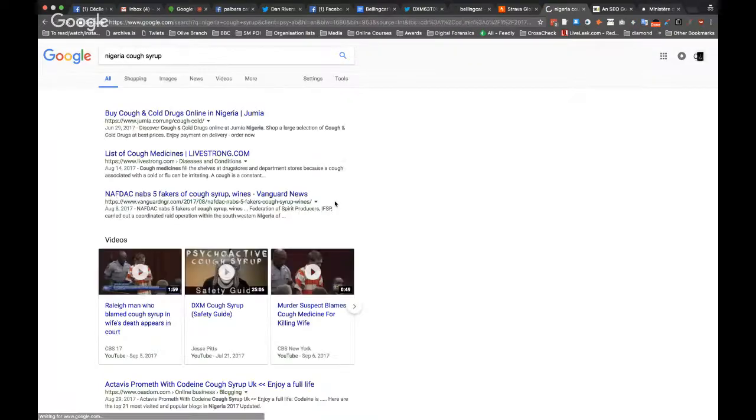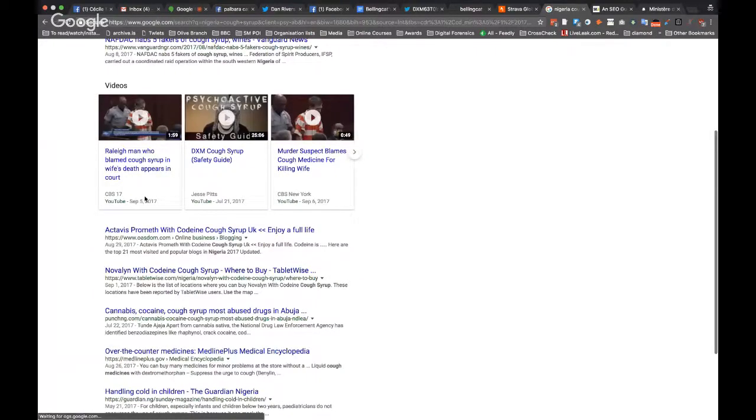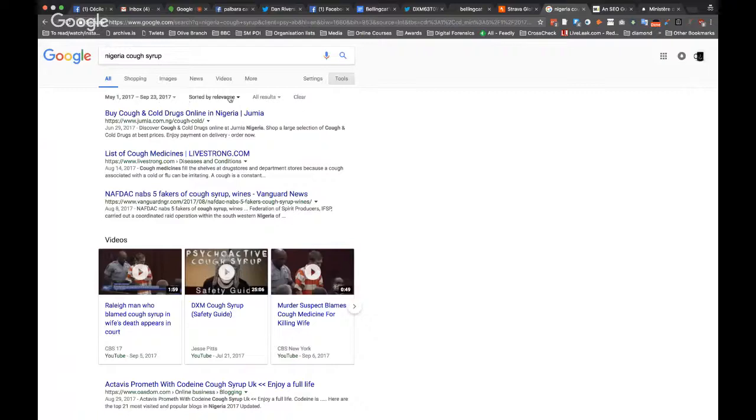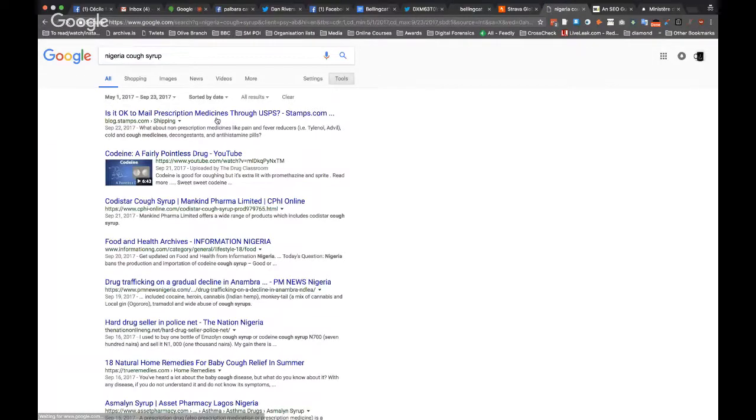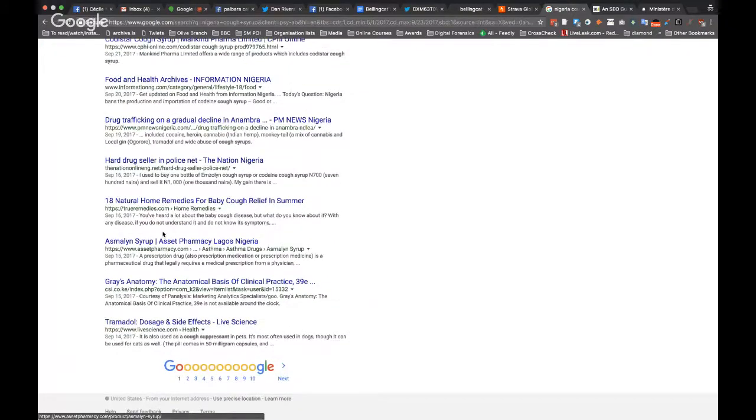And this is all the publications that have been made during that range. So that's sorted by relevance actually, but you can sort it by date if you want, from the most recent to the oldest.